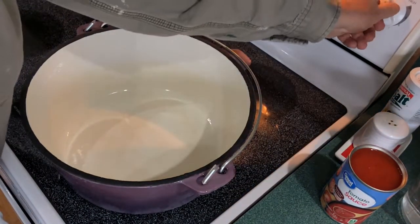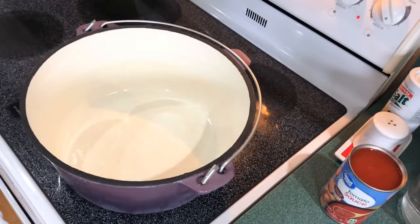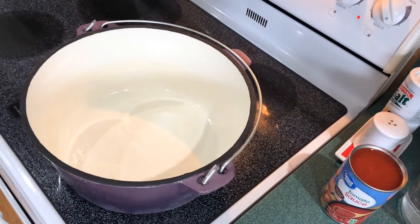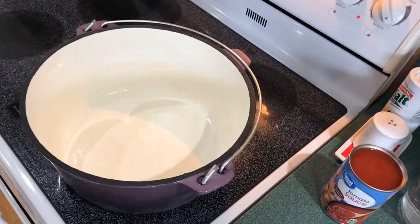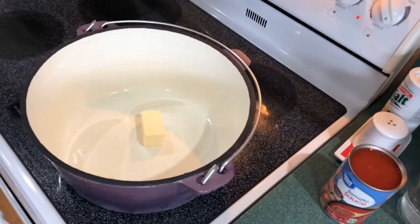Get a little heat going under this. I'm doing a double batch. This is a shrimp courtbouillon recipe, a fish courtbouillon. You can use shrimp, you can use catfish. That my mom told me years ago. Thank you, Mary Verrett. So we're going to let that heat up, and while that's heating up, I'm going to